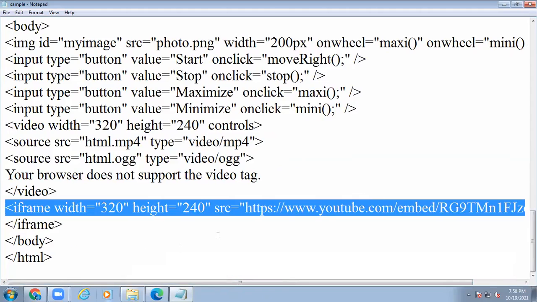Embedding that video into your web page. So sir, if we want to include that YouTube link, we don't need the video tag, right? Just iframe will be enough. The iframe tag is enough. Yes sir, you have to include it into your web page.